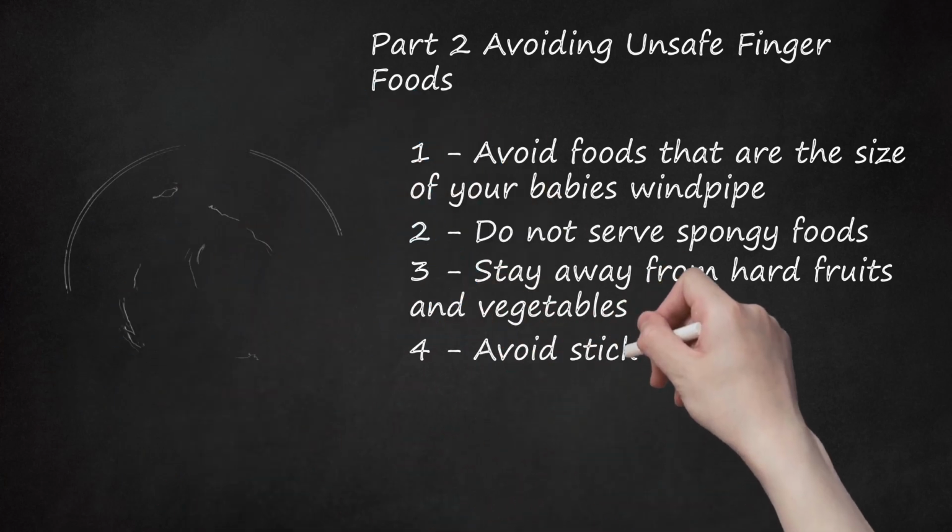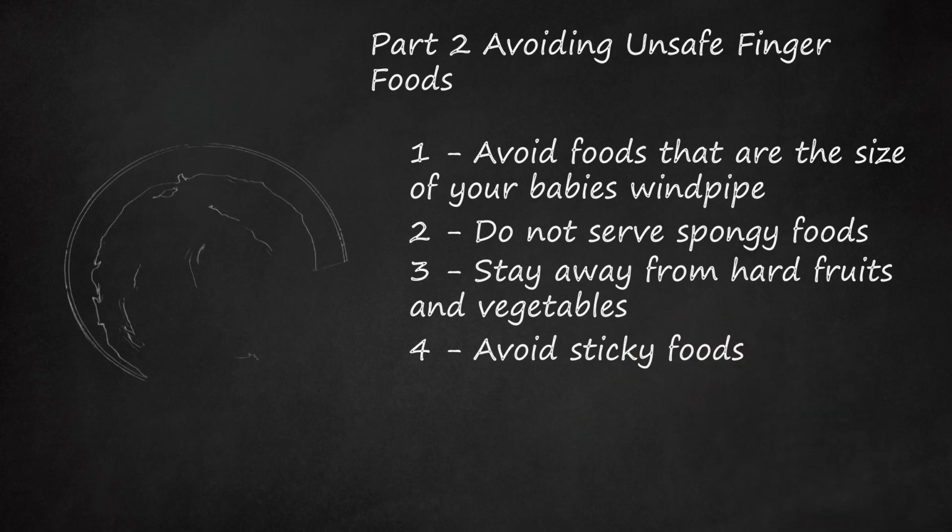4. Avoid sticky foods. Another type of food that can be difficult for little babies are sticky foods. It's hard to process these in your mouth and swallow them. Babies do not have the ability to eat these foods initially. Sticky foods, like peanut butter or dried fruits, may sound like a healthy option, but they can make swallowing difficult for a child. These types of foods can get stuck in their mouth or in their windpipe as they attempt